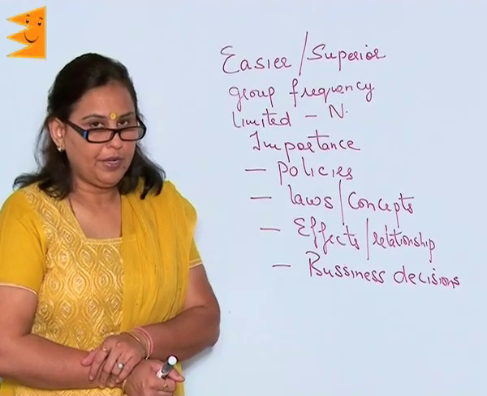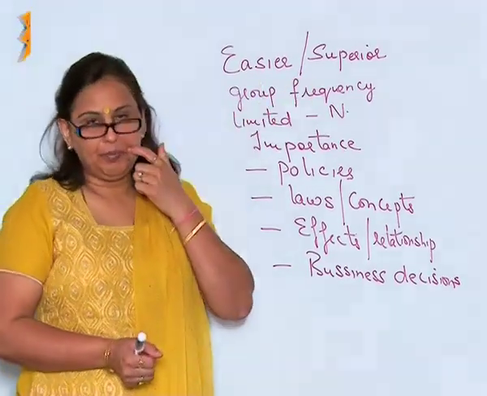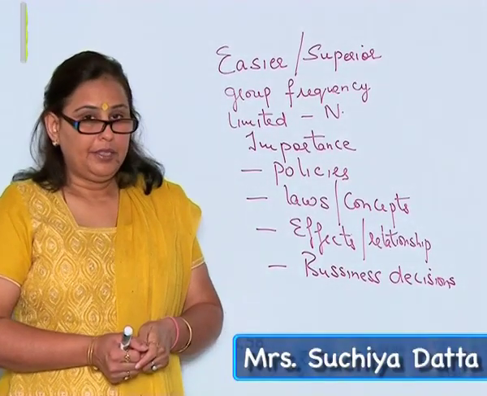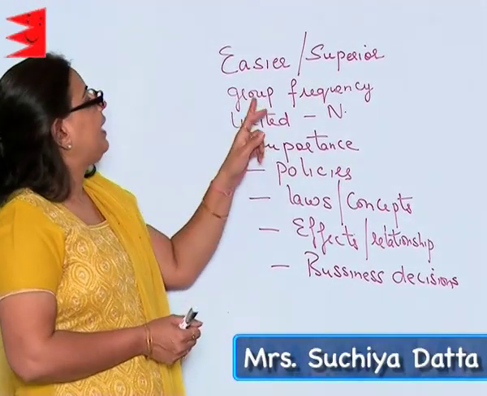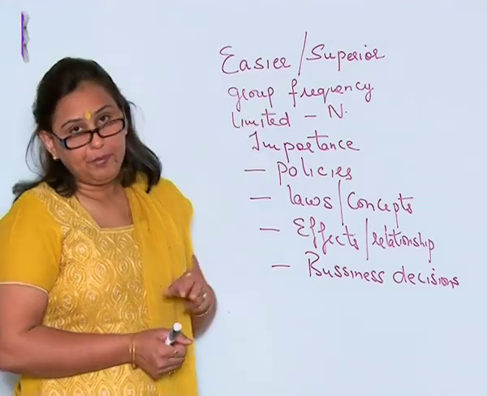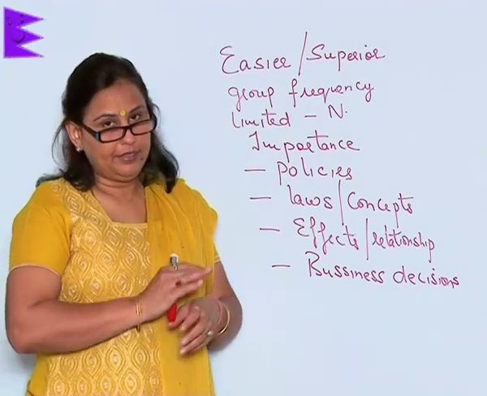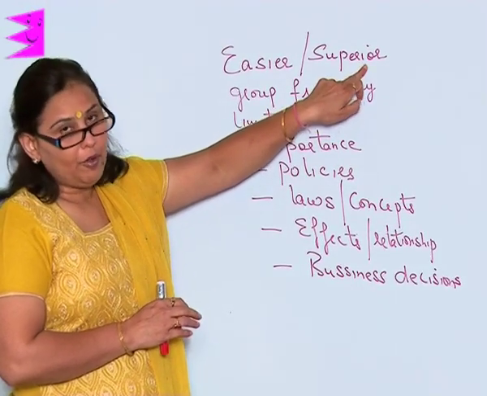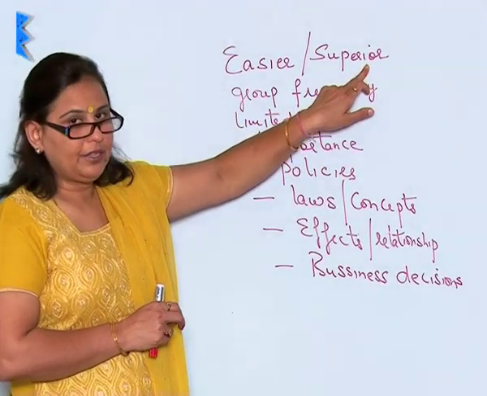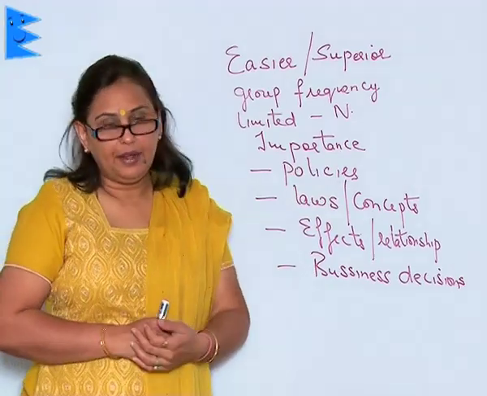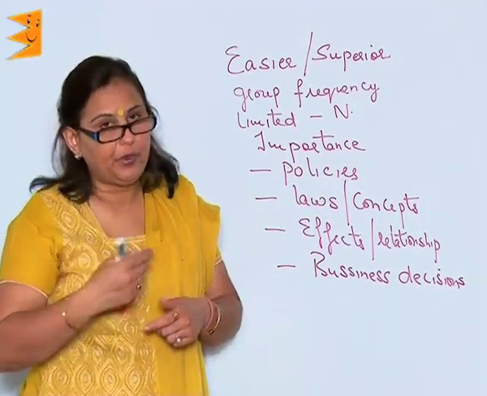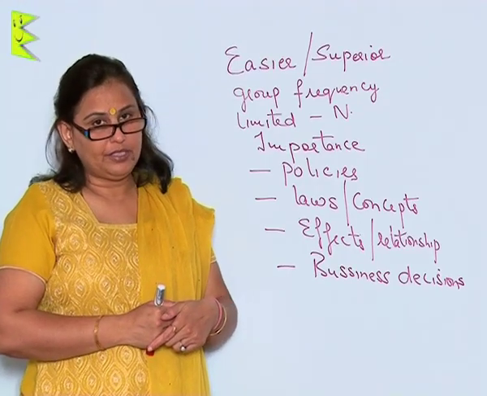When I talk about the merits of the Spearman's rank correlation coefficient, the biggest merit is that it is an easier method than the other methods. Besides, it is also a superior method of finding out the correlation. But its demerits are that it cannot be used when it is in group frequency, the number of observations.